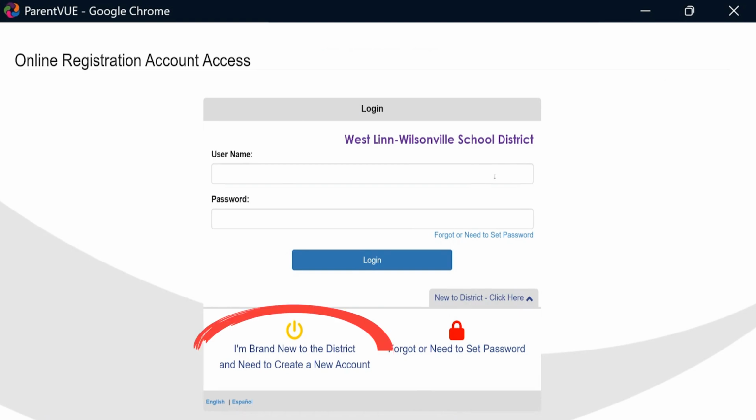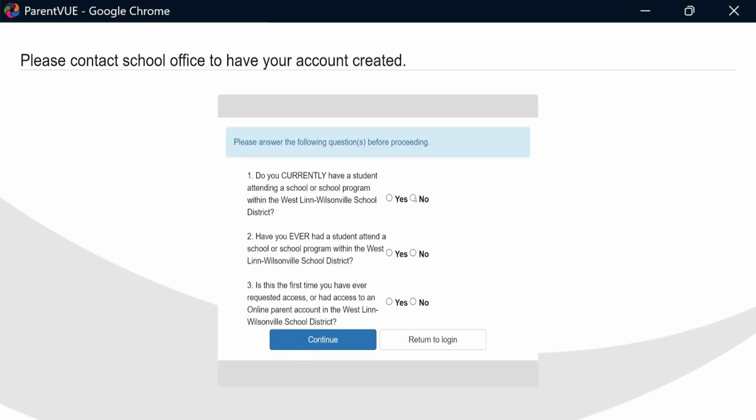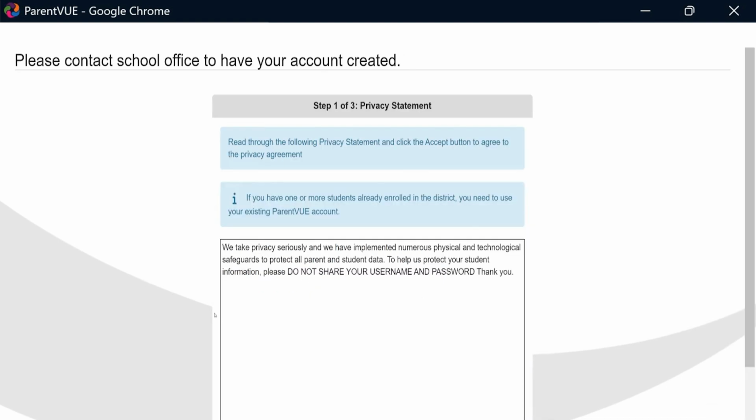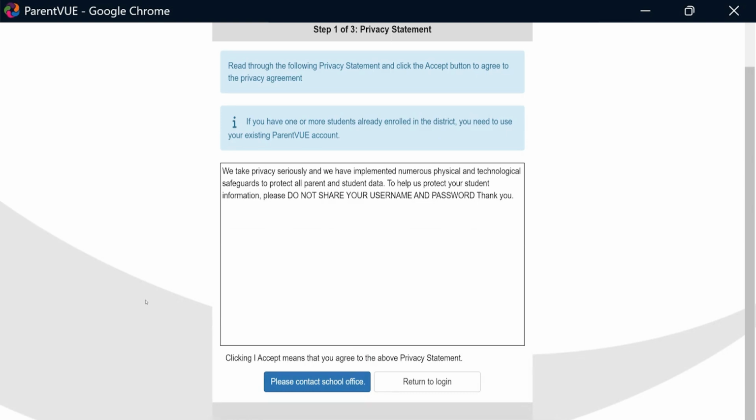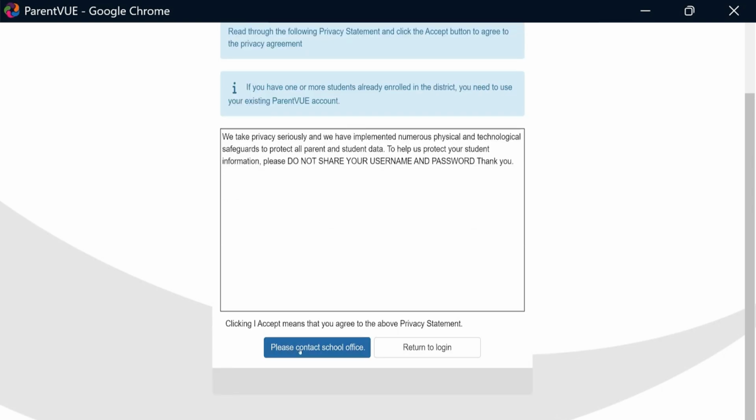First, click on the I'm brand new to the district button, which you can find here. This will take you to a menu asking simple questions, including if this is the first time you have ever requested access to an online parent account in the district. Next, read through the privacy statement and then click on the Please Contact School Office button to move on to